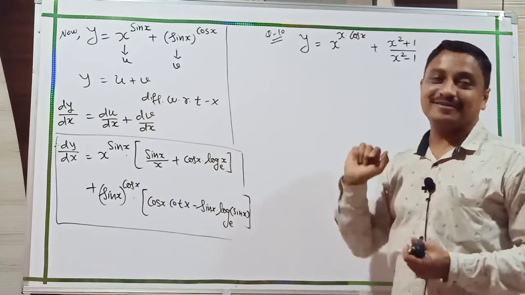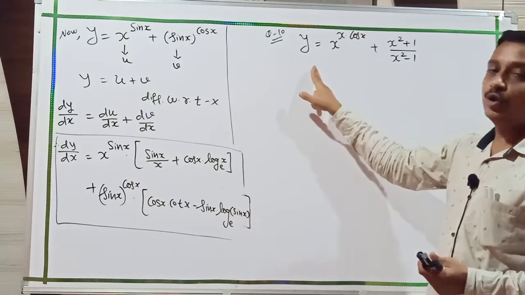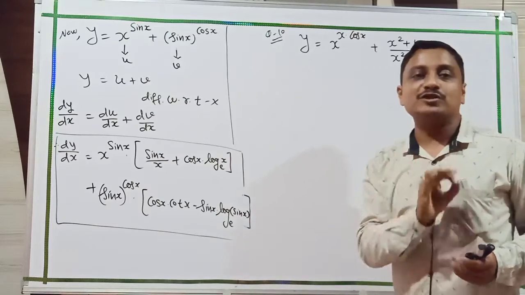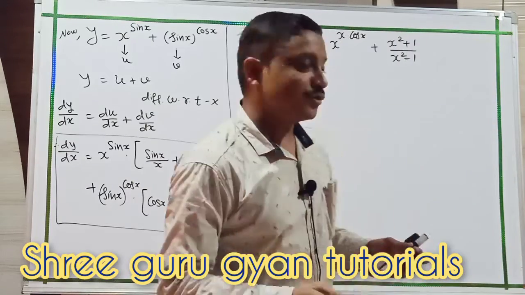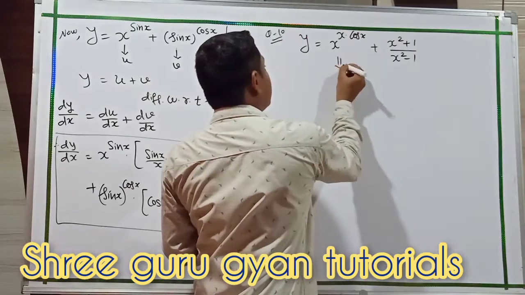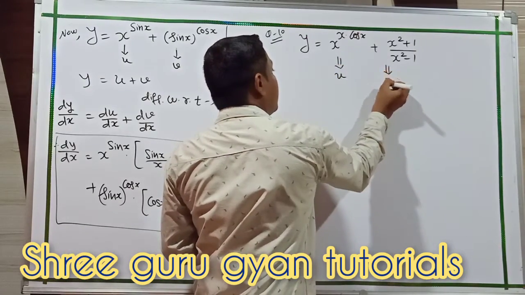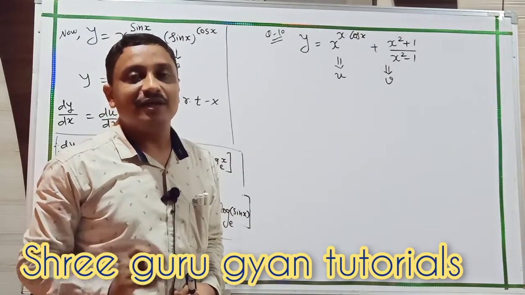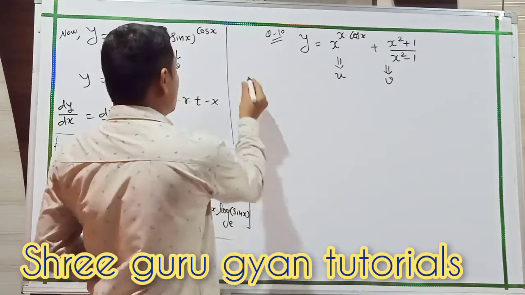Question number 10. The question is: y is equal to x raised to x into cos x, plus x square plus 1 upon x square minus 1. Students, same explanation. Here taking u and here taking v, and both apply by individual derivative. So, suppose